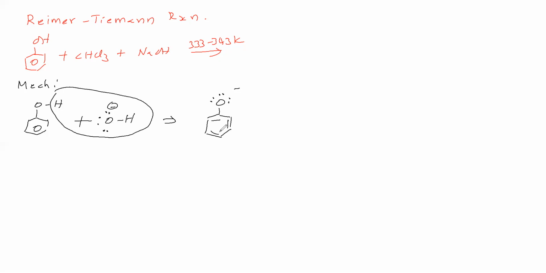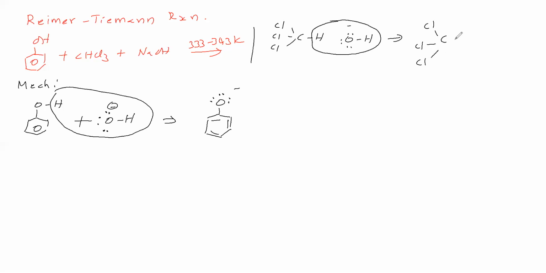Next step: now we take chloroform, written like this. Next, the base has OH minus. This OH minus abstracts the proton, therefore a water molecule leaves. So we get CCl3 minus. From this, Cl minus leaves, and we get